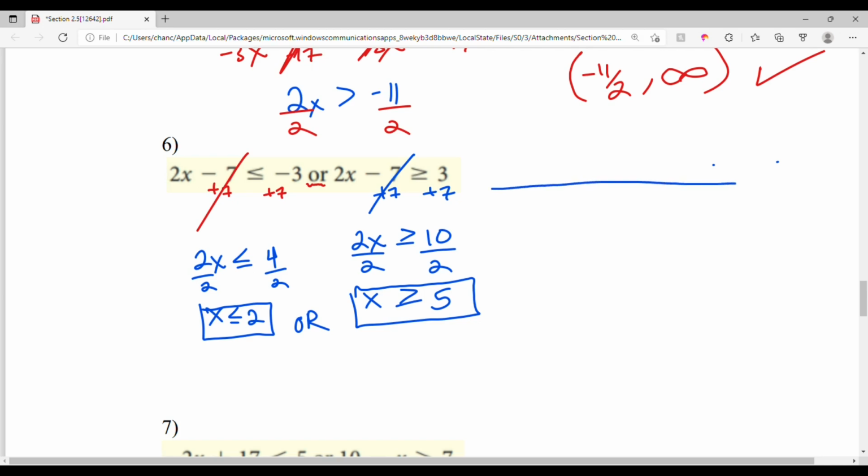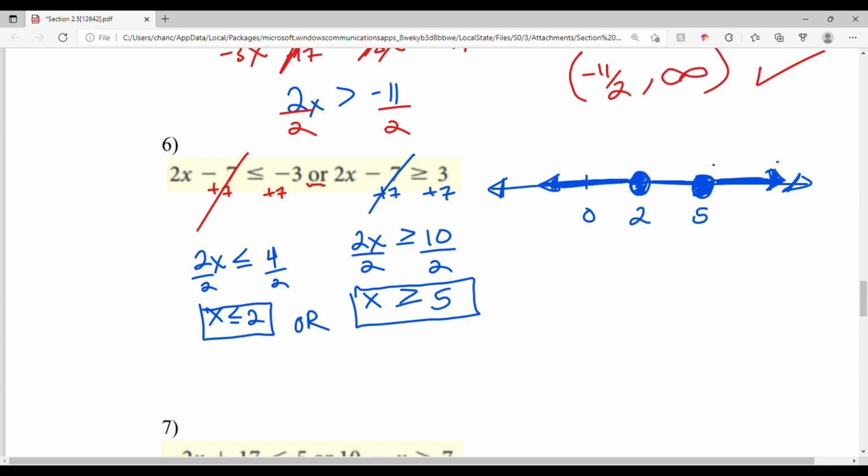To graph this, we just have to graph two inequalities on the same picture. I'll always start with a 0. We need a 2, and it's a closed circle. And we need to shade to the left for that graph. We'll have a 5 here on the right. It's also a closed circle. Because of that equal symbol, it's greater than or equal to 5, it's included. And we have to shade towards the right, since all these values are greater than 5. For a compound inequality, graph the two inequalities on the same picture,